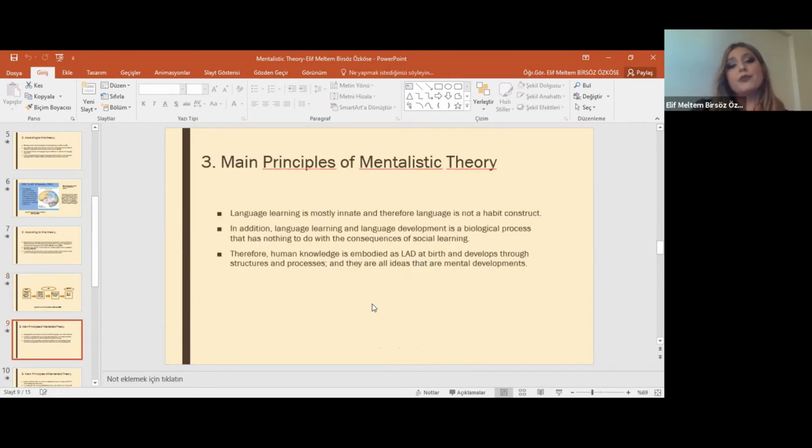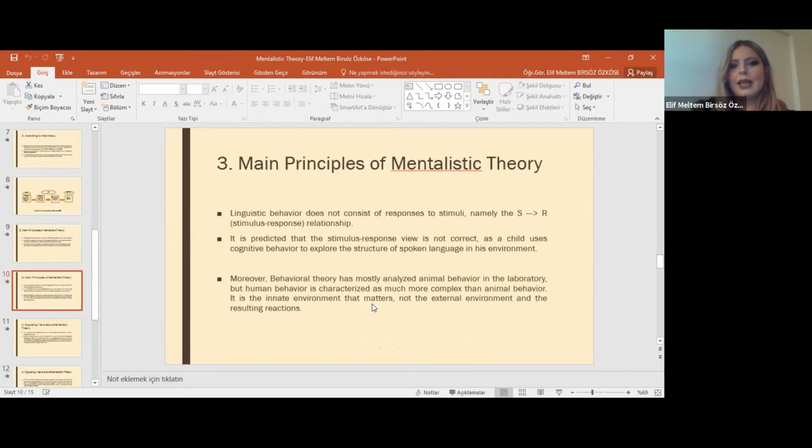What about the main principles of mentalistic theory? So we can say that language learning is mostly innate and it is not a habit construct. In addition, it is a kind of biological process. So it is not about social learning, and it's about mental developments. Also, linguistic behavior does not consist of responses to stimuli, namely, we don't have any stimulus and response relationship in